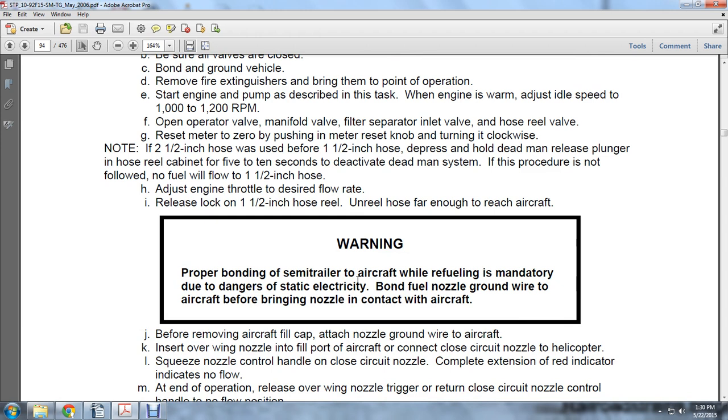Warning: proper bonding of a semi-trailer to an aircraft while refueling is mandatory due to the dangers of static electricity. Bond the fuel nozzle ground wire to the aircraft, bringing the nozzle in contact with the aircraft. Before removing an aircraft fill cap, attach the nozzle ground wire to the aircraft. Insert the